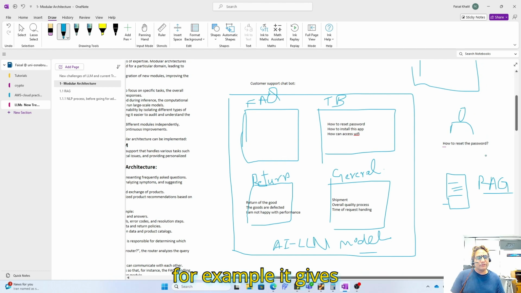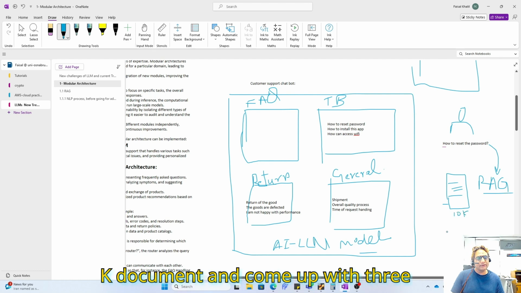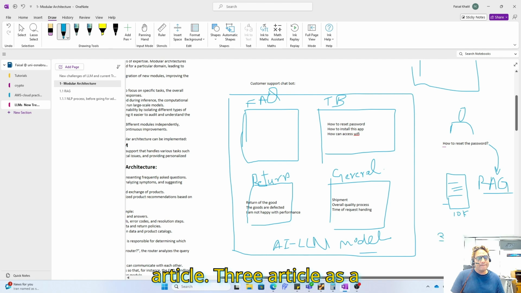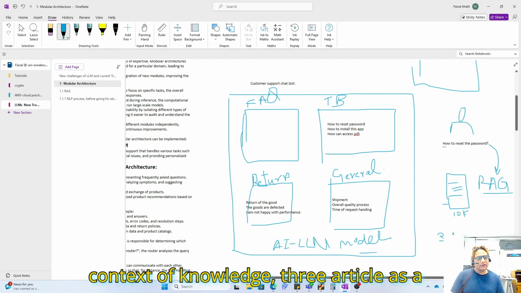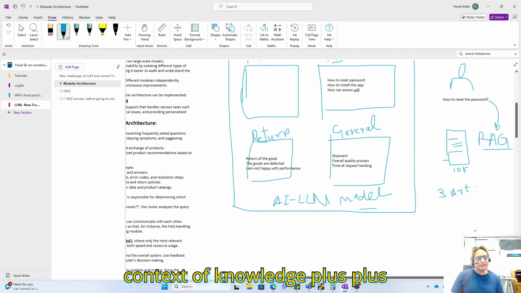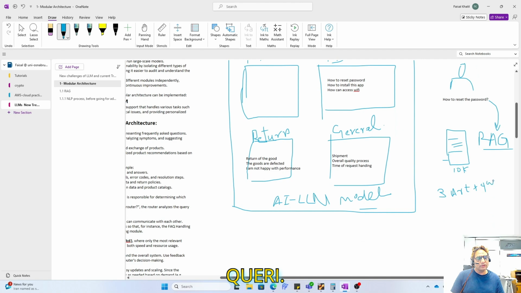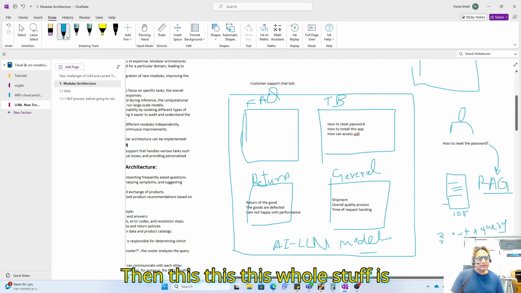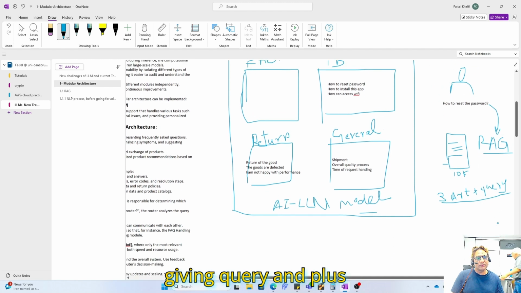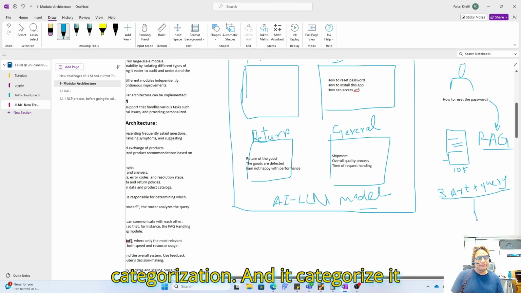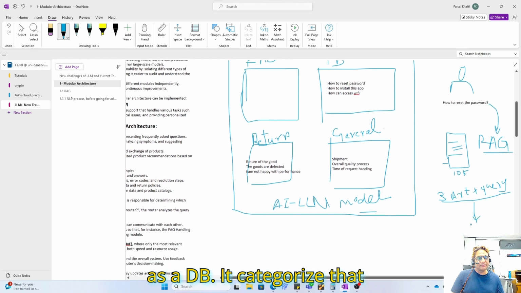For example, it gives this query to the RAG, and RAG tries to search these 10K documents and comes up with three articles as a context of knowledge, plus the query. Then this whole stuff gives query plus categorization, and it categorizes it as a TB problem.